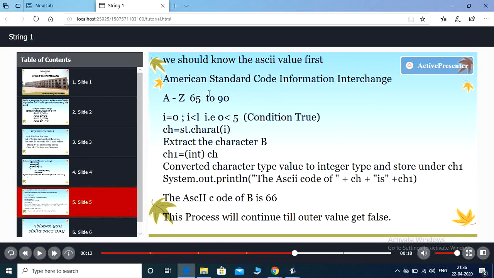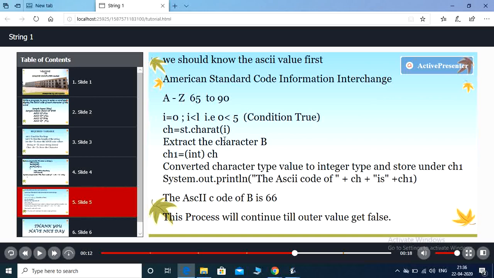I already said American Standard Code for Information Interchange is what ASCII stands for. Now A to Z values are assigned 65 to 90. i equal to 0, i less than l. So 0 less than 5, condition true.